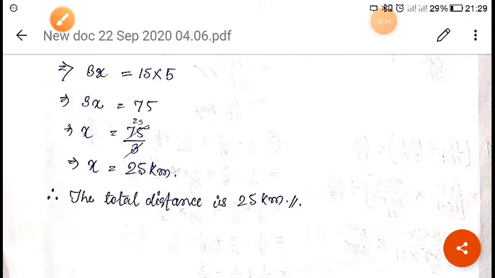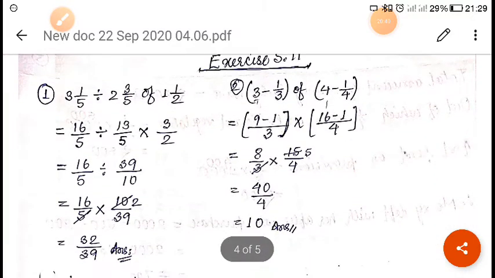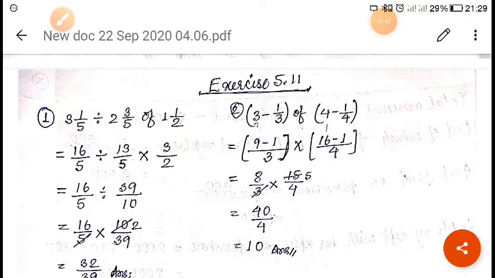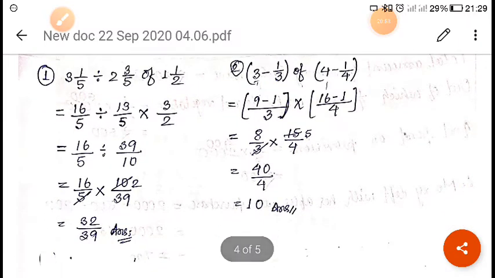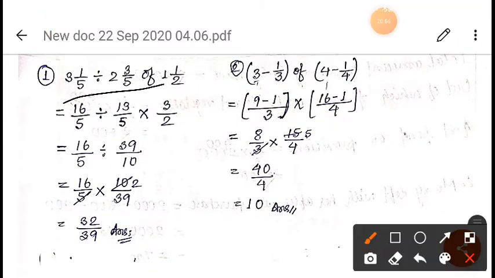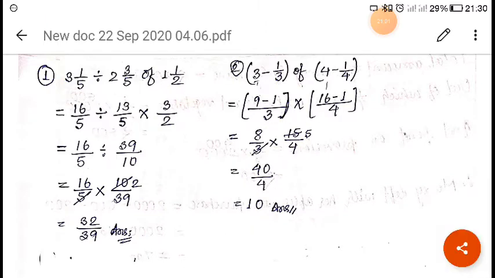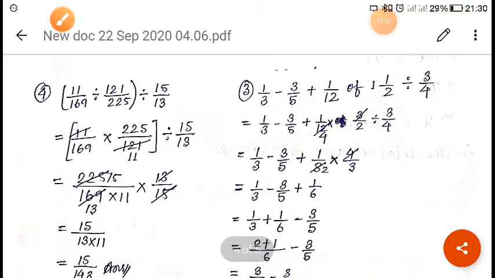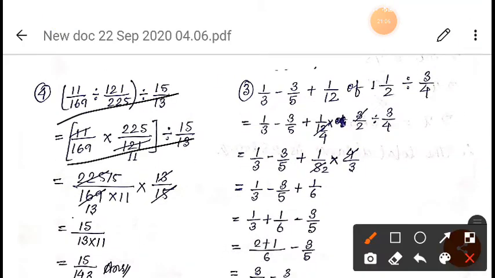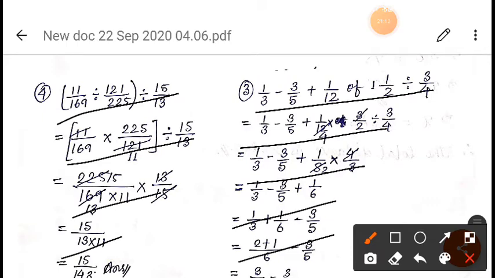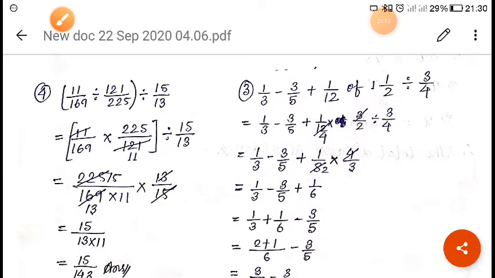Now this one, exercise 5.11, is just a calculation. As you can see here, I have done all the questions, since the questions were very lengthy and big, so I have done everything for you, and nothing new is here. Whatever we have discussed is everything here. You have to practice this, because it is very complicated. You have to follow how I have done it, each and every step, and the rest is the same. Here you have to use multiplication, division, subtraction, and addition.